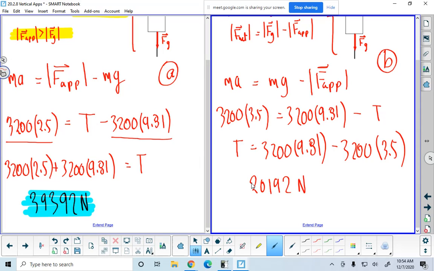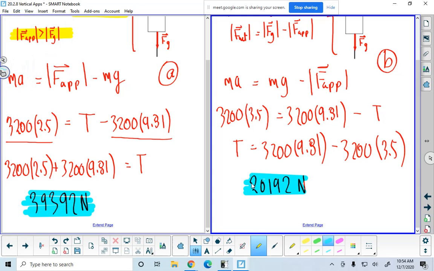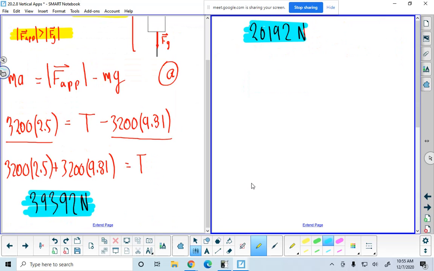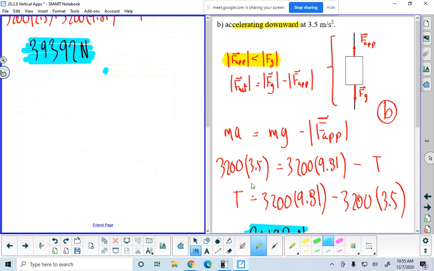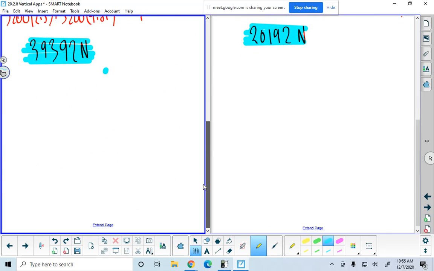So this is the tension in the cable when the elevator is accelerating down. And I'll just ask the same question: anybody else getting that number? So the bottom line here, I'll just leave the answer up here in case you need to look at it. The bottom line is, if the elevator is accelerating up,